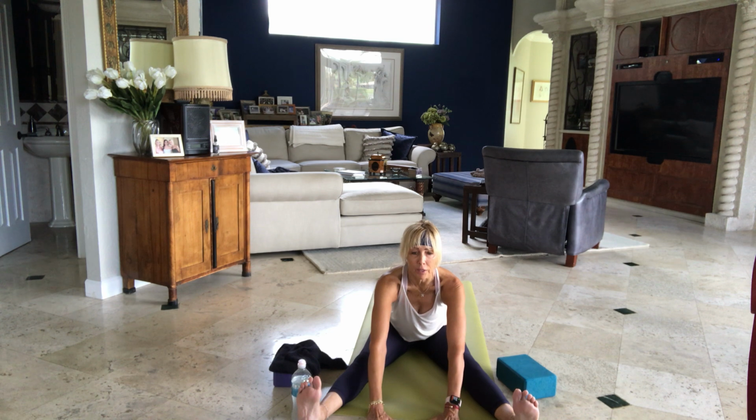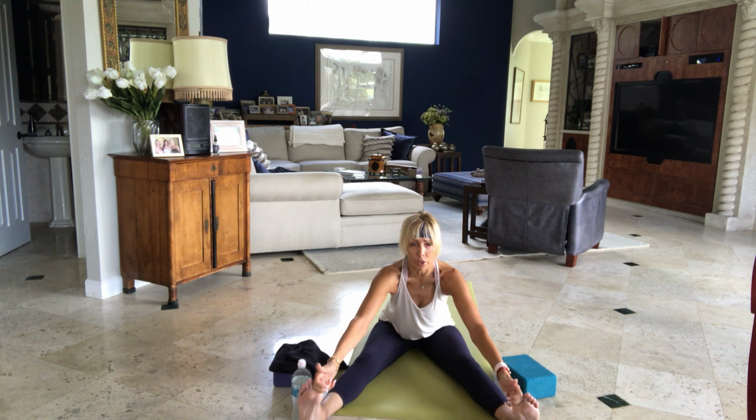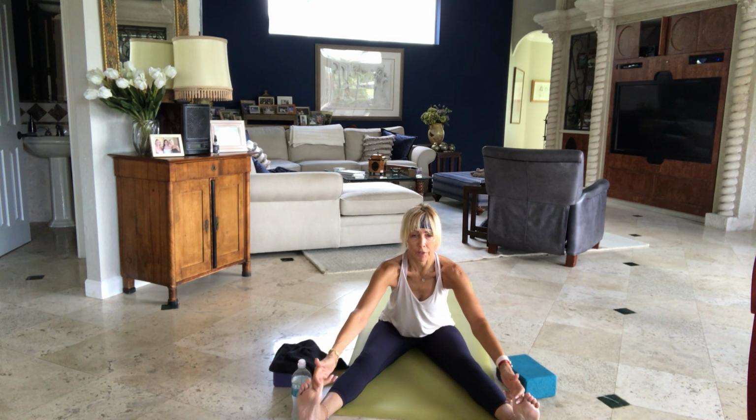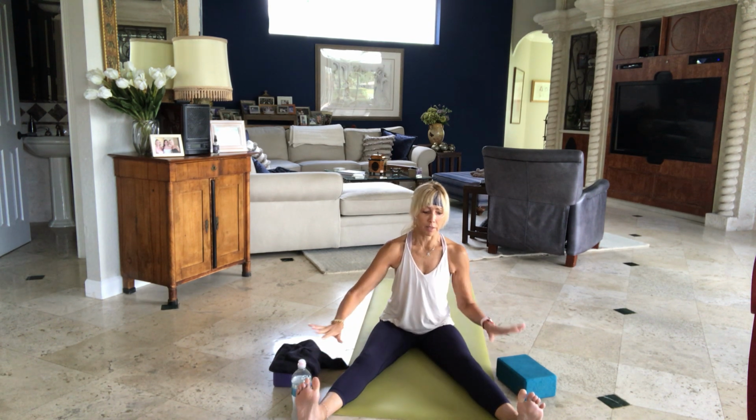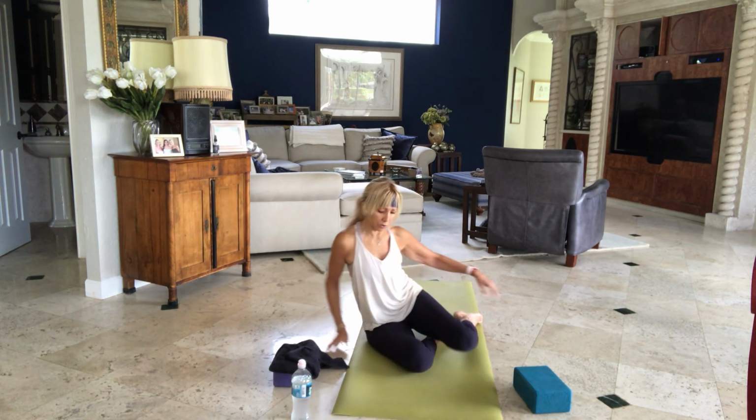Keep walking out, keep turning your toes up towards your face. Take another breath, and if you want to go further, hold on to your toes, your feet, and just give a gentle tug to your toes as you bring your heart forward. No force. Breathe in. Empty out. Good. One more breath. Inhale, pull against your toes, and lift up. Exhale once again, just bring your legs in,